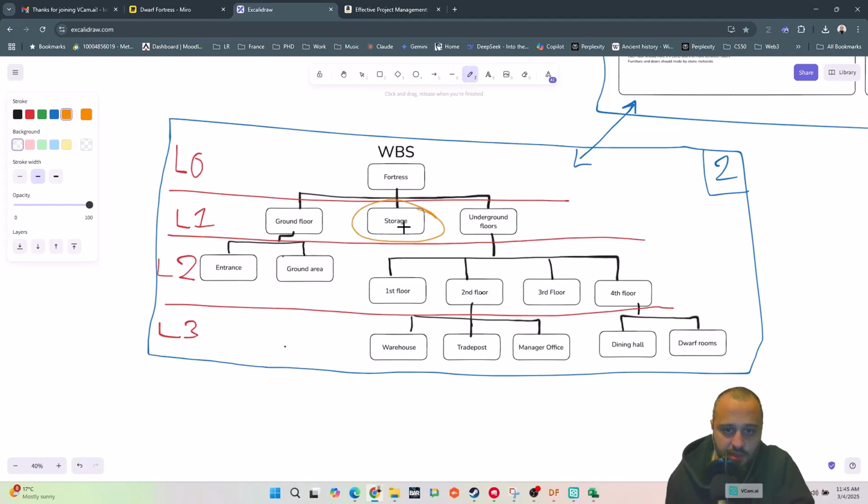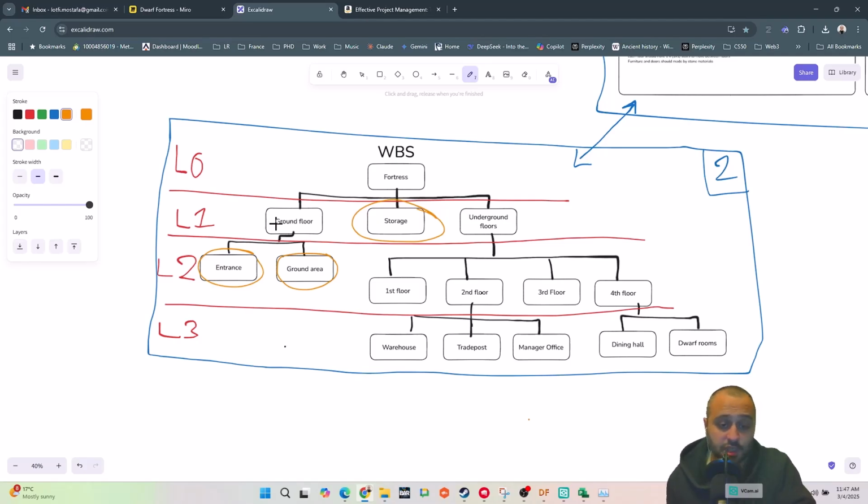This is a work package, storage, because it's not broken down to any sub part. Ground area is a work package. This is also a work package. These are also work packages, but for task identification, I don't need to break it down, because this one, as I mentioned, is already broken into two parts, and I do not consider this one for task identification. I'm going to the lowest part of each path